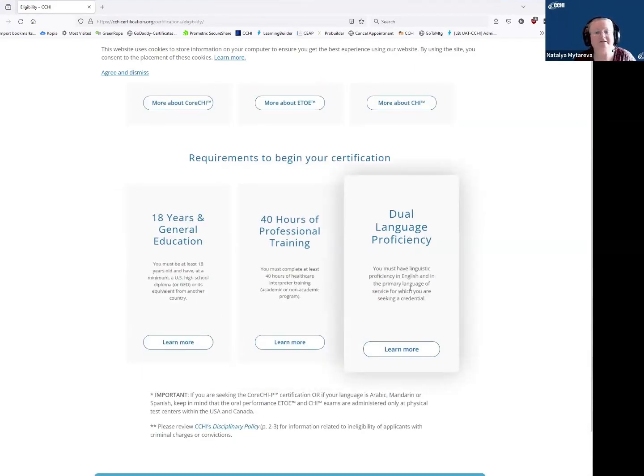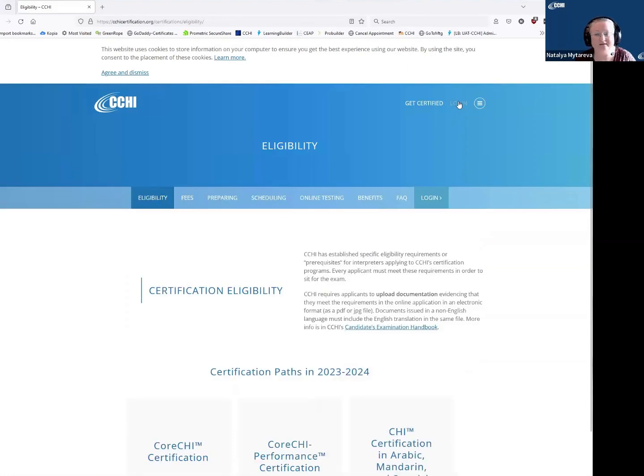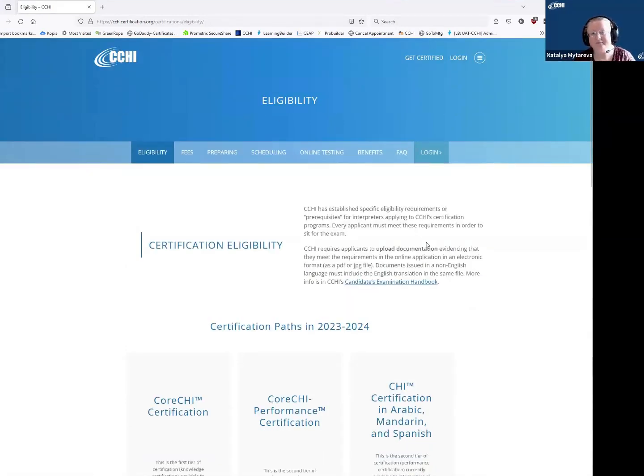As far as the eligibility, it is the same for CoreCHI and CoreCHI Performance, and it's slightly different for CHI in just one aspect, in the language proficiency. So right now I'm still a CoreCHI, and I got my credential in 2011. So at any moment I can go back to my account with CCHI, which is located here, on any page you see that login. That's the place where you would log into your CCHI account, and there is a place for me to pay for my E2E exam. However, because since